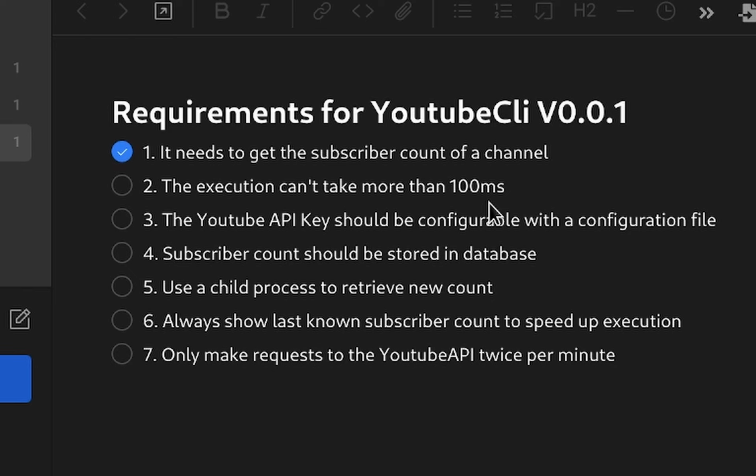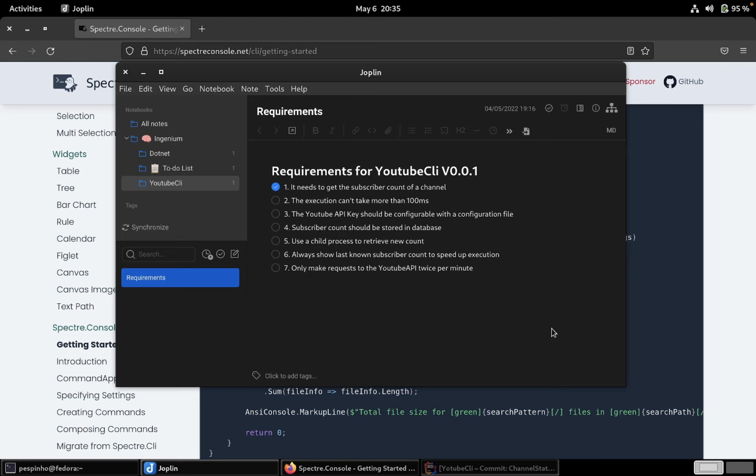But I want to use dependency injection so bad because I never really programmed an application with dependency injection. I mean, not a serious application anyway. And I just want to use it so bad so that I learn about it, that I'm ready to sacrifice a little bit of performance for this. And so the first thing I want to do is